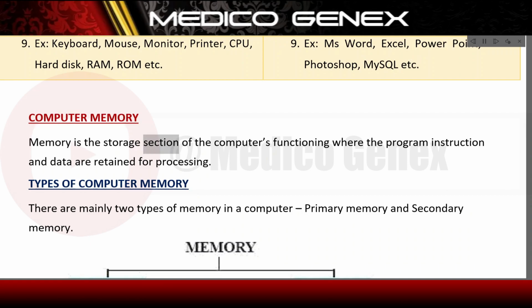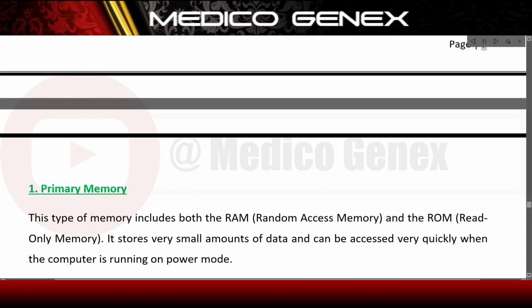Memory is the storage section of the computer's functioning where the program instruction and data are retained for processing. Types of computer memory. There are mainly 2 types of memory in a computer, primary memory and secondary memory. 1. Primary memory. This type of memory includes both the RAM, random access memory, and the ROM, read-only memory. It stores very small amounts of data and can be accessed very quickly when the computer is running on power